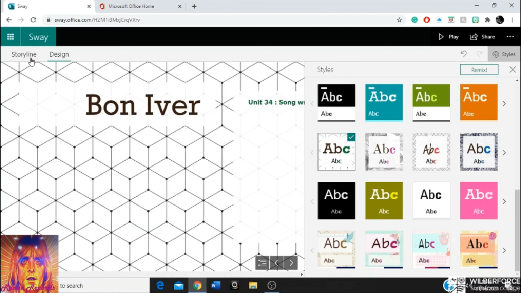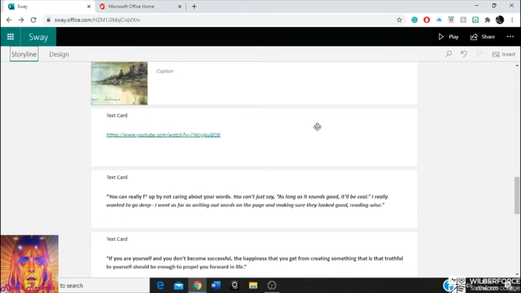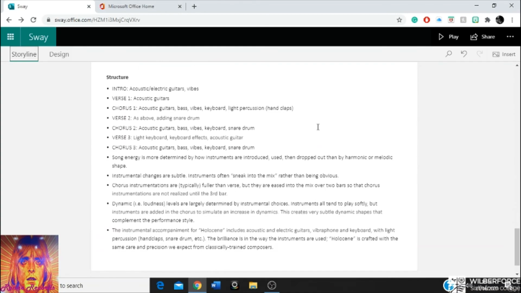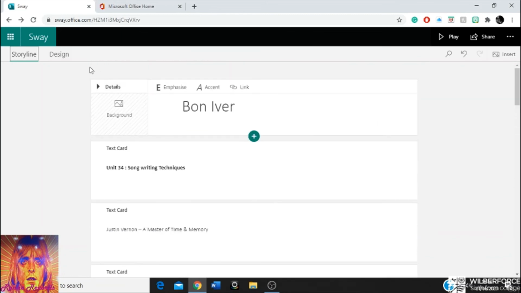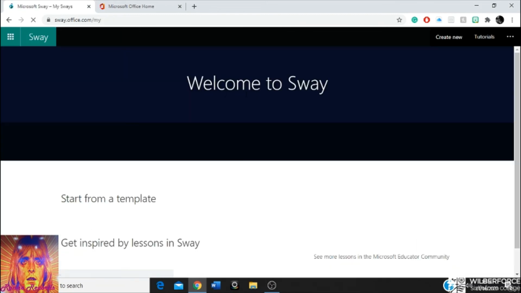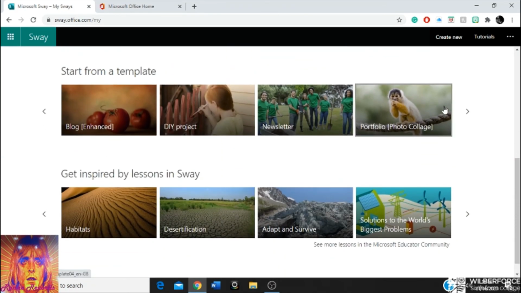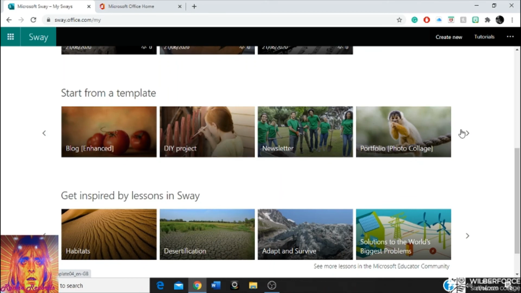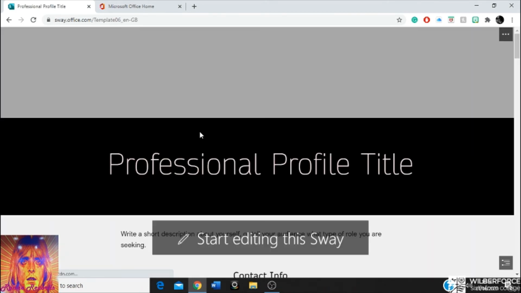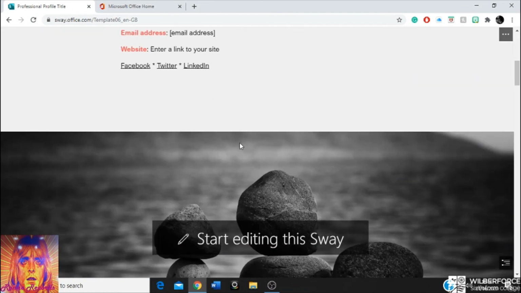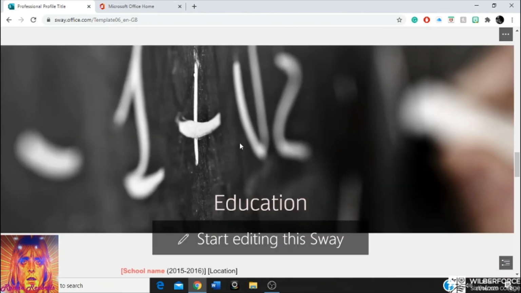So hopefully that's been informative to you, and a really brief outline of what you can do with Sway and how you can use it to improve your classroom presentations, or anything you want students to take home with flip learning, or things you want students to refer to, even assignment briefs. Any sort of Word document or PowerPoint can be brought into it. And say you were a photography teacher, you could look at getting your students to do a much more professional, interactive CV for employers,